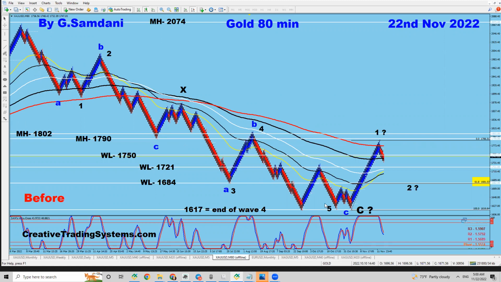Wave A and wave C could be impulse waves, consisting of 5 subwaves. So both counts are fine. It's a correction: ABC, X, ABC, then 1, 2, 3, 4, 5. But finishing that here, this is where the end of wave 4 at 16, 17, we had a powerful move